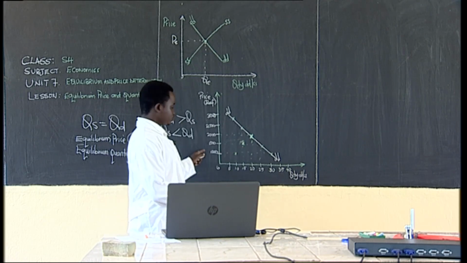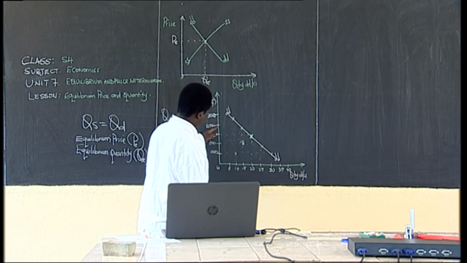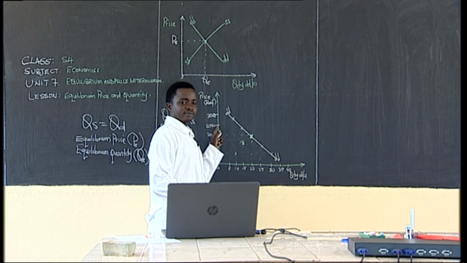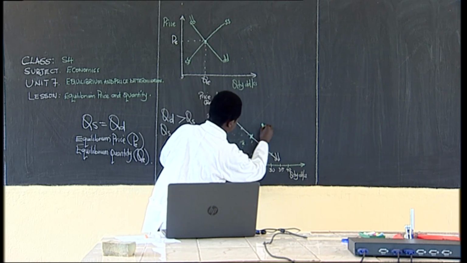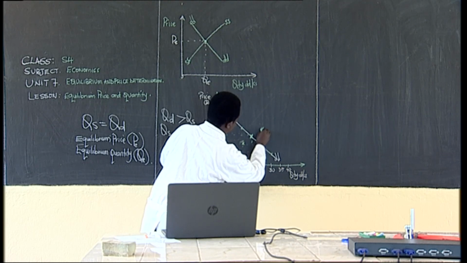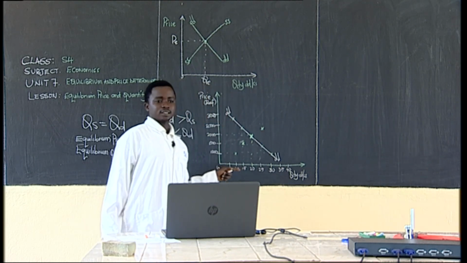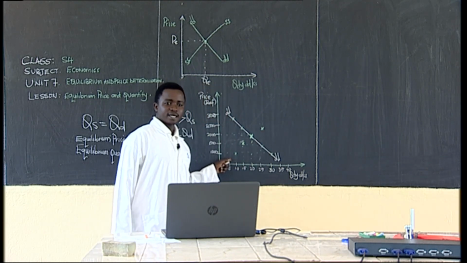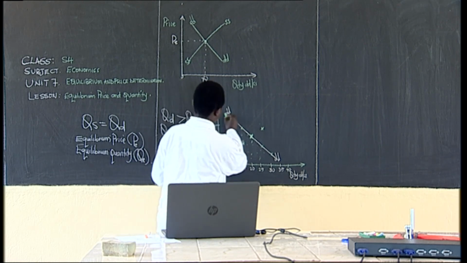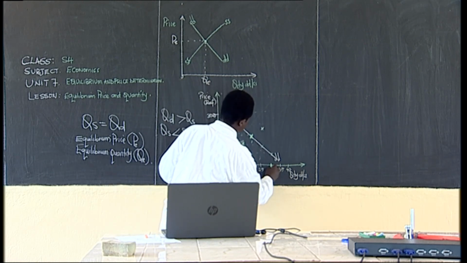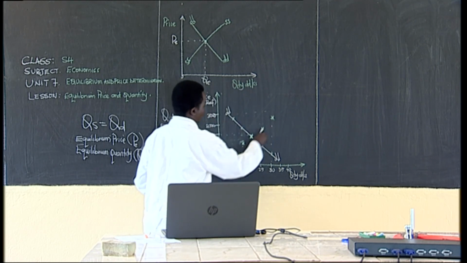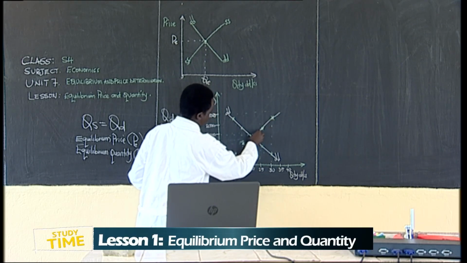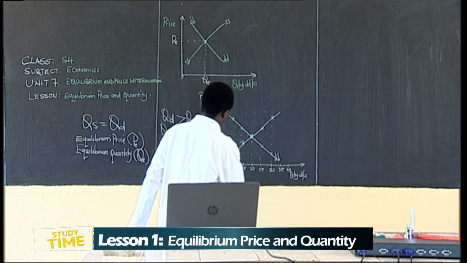Then at 2,500, they supplied 25. So you can try to check. Then at 3,000, they supplied 30 kilograms. So you can try to check where they meet. So if you draw your supply curve, you can check